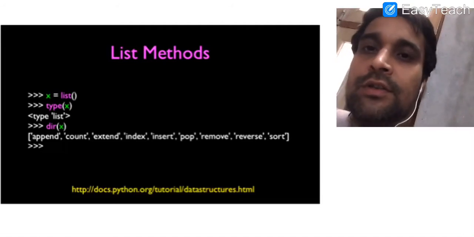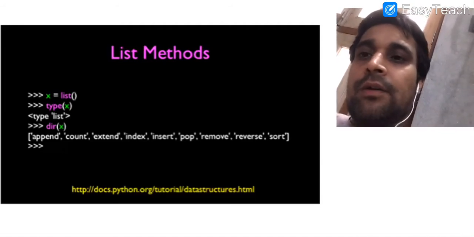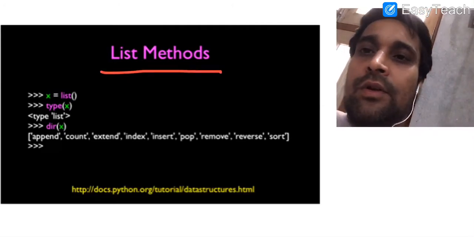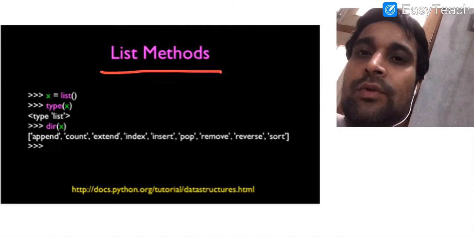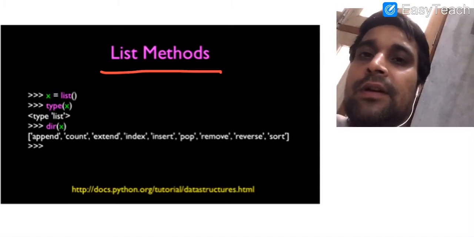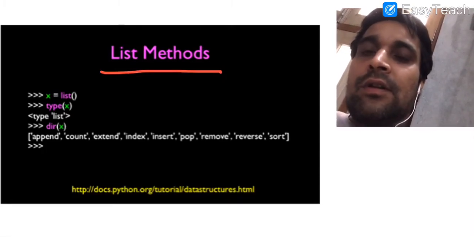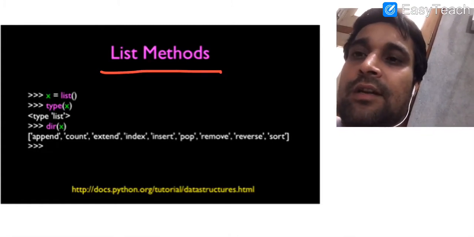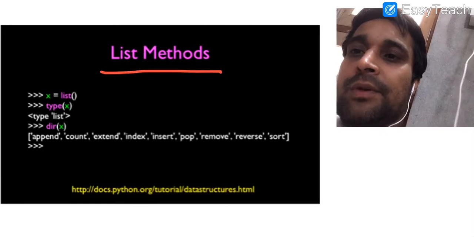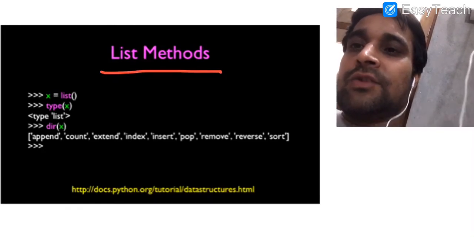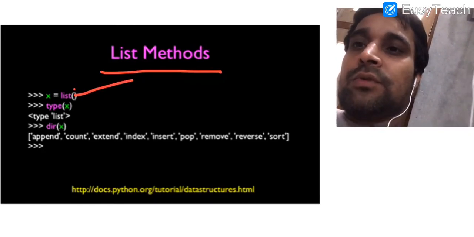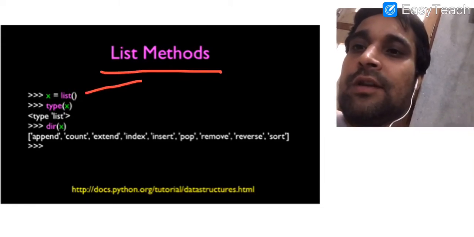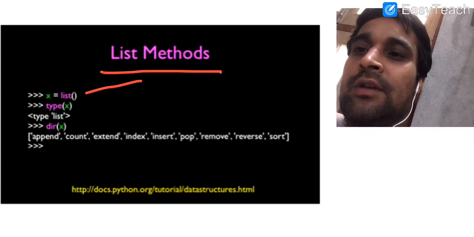Now we are going to discuss one of the important parts of lists, that is list methods. I have already told you that methods are also known as functions. They are the various functions available to operate on the lists that we create in Python. In our example, you can see we have created an empty list, because we have not specified any element here. We are just using the list function to create an empty list.